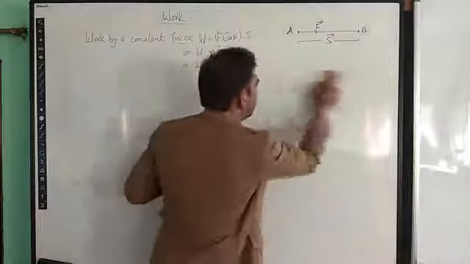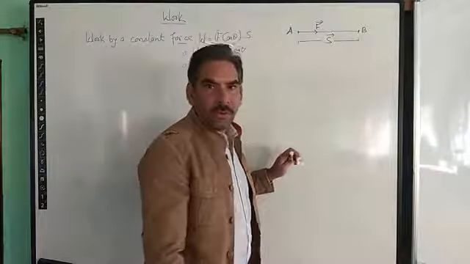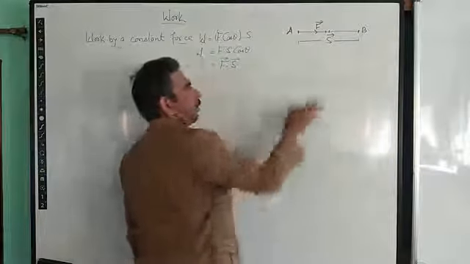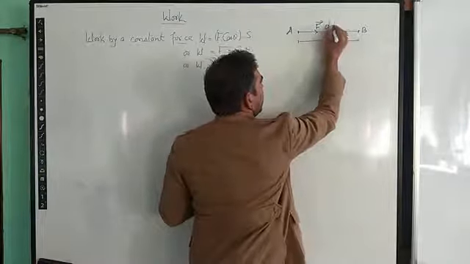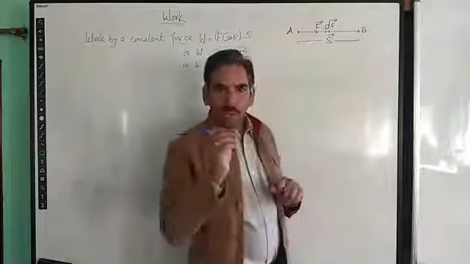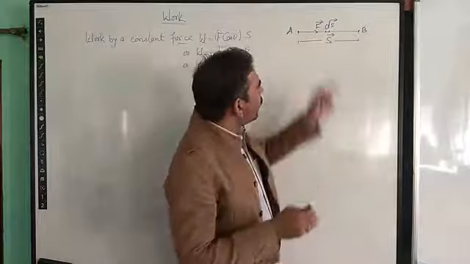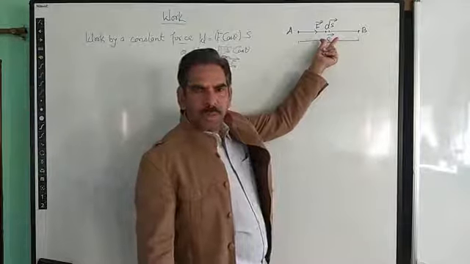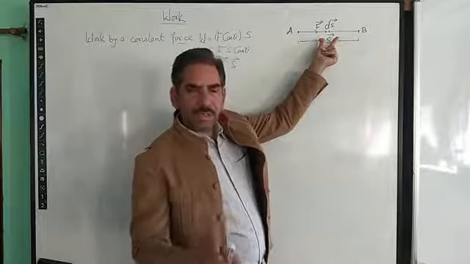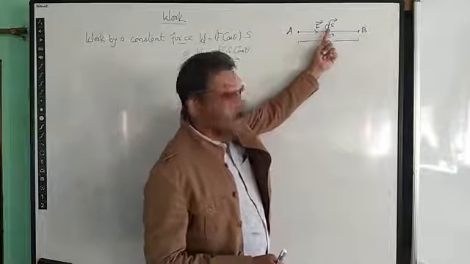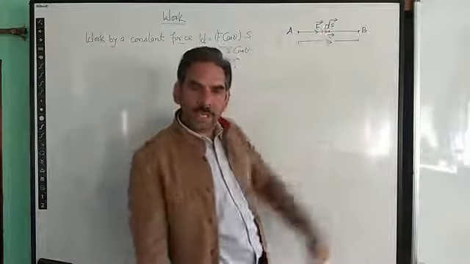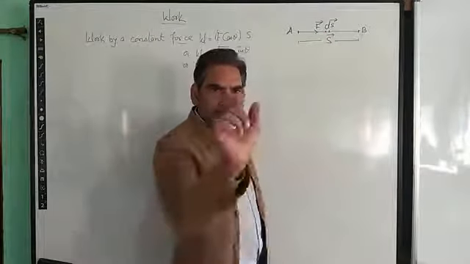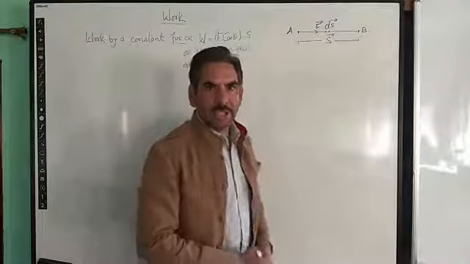Whenever we have a variable force, we consider a very elementary part, a very small portion of this displacement, and we call it ds. For finding the work, we take a very small portion of the whole displacement S. We take this part to be so infinitesimally small that the force during this displacement ds almost remains the same, or it remains the same. So for a very small displacement, the force does not appear to be changing. So for that small displacement, we can write the expression for the work.